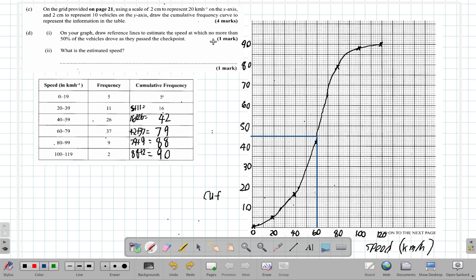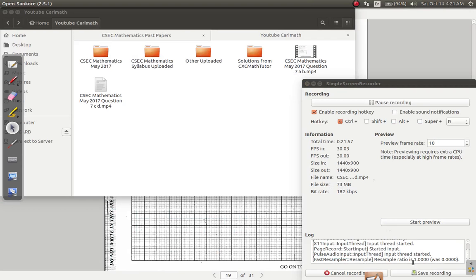So it looks like about 60 kilometers per hour based on this. This is the reference line, and then what is the estimated speed? 60 kilometers per hour. I should write my 60 kilometers per hour down here. Alright, seems like that's it for now. So I'll see you